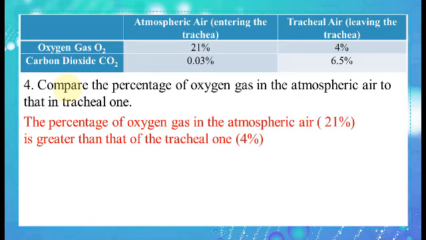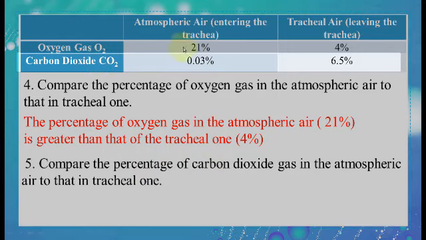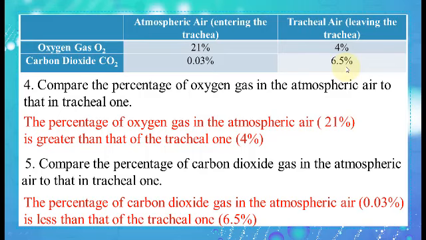So the percentage of the oxygen gas in the atmospheric air, which is 21%, is greater than the tracheal one, which is 4%. Number 5. Compare the percentage of the carbon dioxide gas in the atmospheric air to that in the tracheal one. The percentage of carbon dioxide gas in the atmospheric air, which is 0.03%, is less than that of the tracheal one, which is